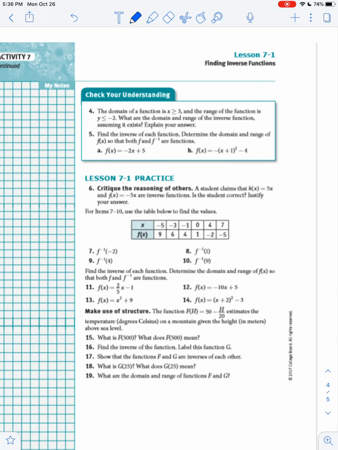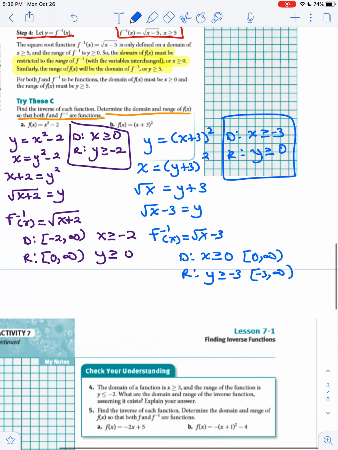So I hope that makes sense, but we will practice some more of those, of course, in class. And we'll pick some of the practice problems maybe